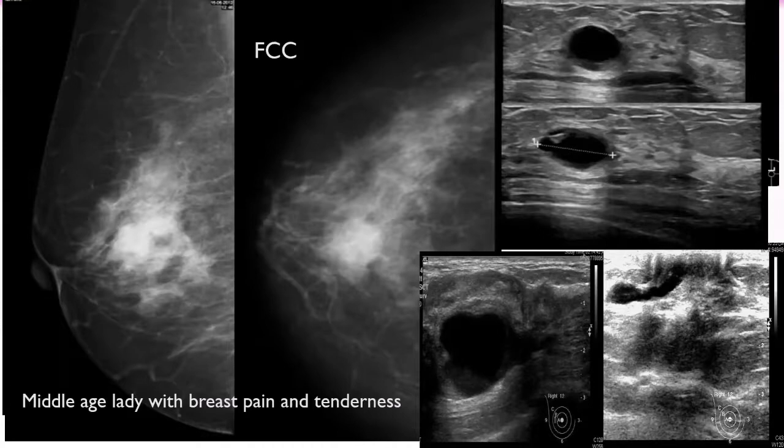The fluid inside is not clear; it's not anechoic. It contains debris, a fluid level, and ductal extension of a duct containing the same, with perilesional edema, and it was stable over 6 months